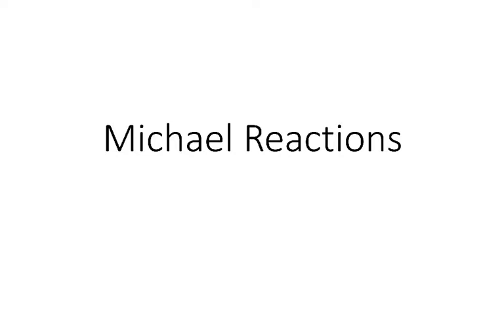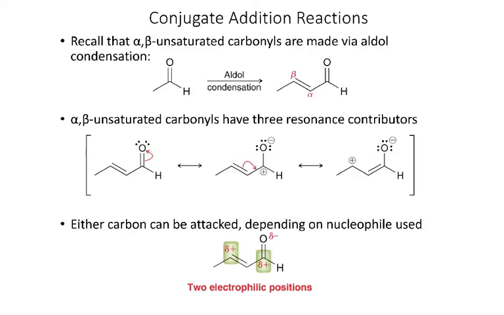In this video, we're going to take a look at Michael reactions. Early in the chapter, we learned that the product of an aldol condensation is an alpha-beta unsaturated carbonyl. So I have my carbonyl group, and then the alpha and beta positions, and the double bond is between those two